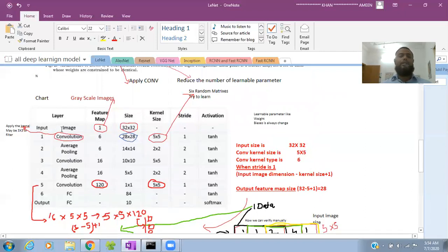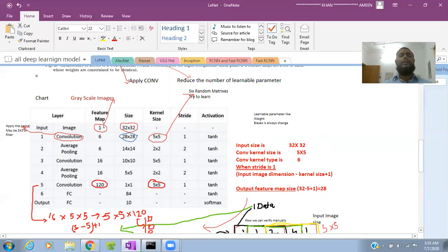What they did first, they took the image, and the feature map is 1, and the size is 32 cross 32, and kernel size is nothing. Next they applied the convolution, which is like a filter.